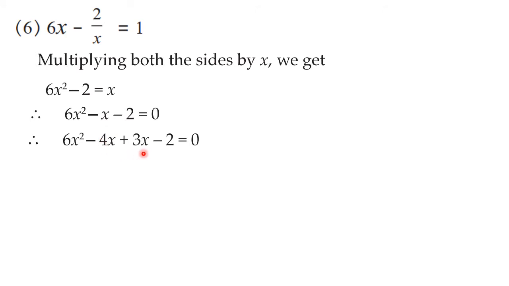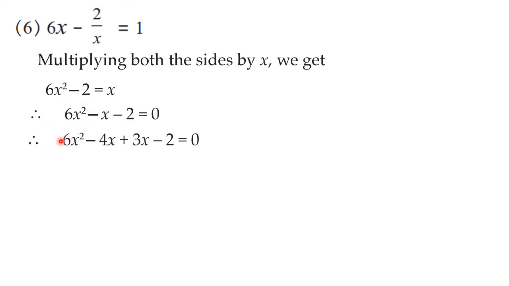In the previous so many examples, I showed you how we find these factors for the middle term. But now I have not done that because you are used to it now, so you can do it orally. See, once again, 6 into minus 2 is minus 12, and here we have minus 1. So we have to find two numbers whose multiplication is 12 and difference is 1. The numbers are 4 and 3. Since the middle term is negative, the bigger number is negative. So the middle term is split as minus 4x plus 3x.